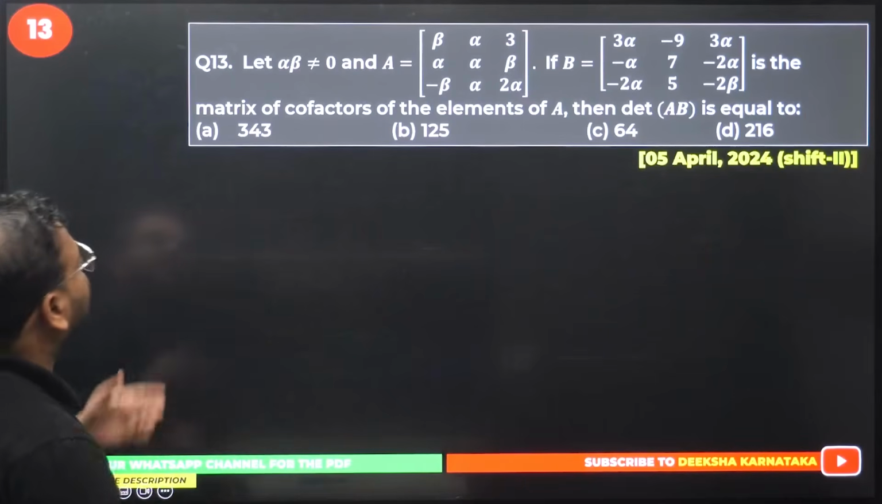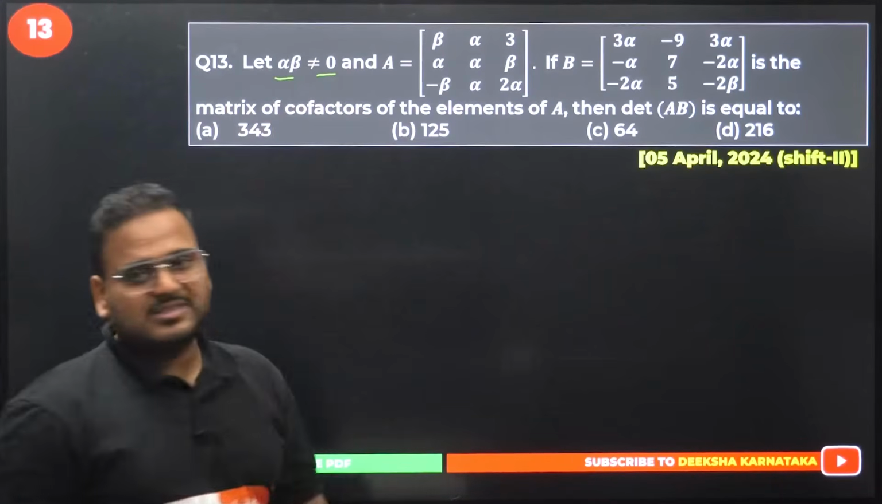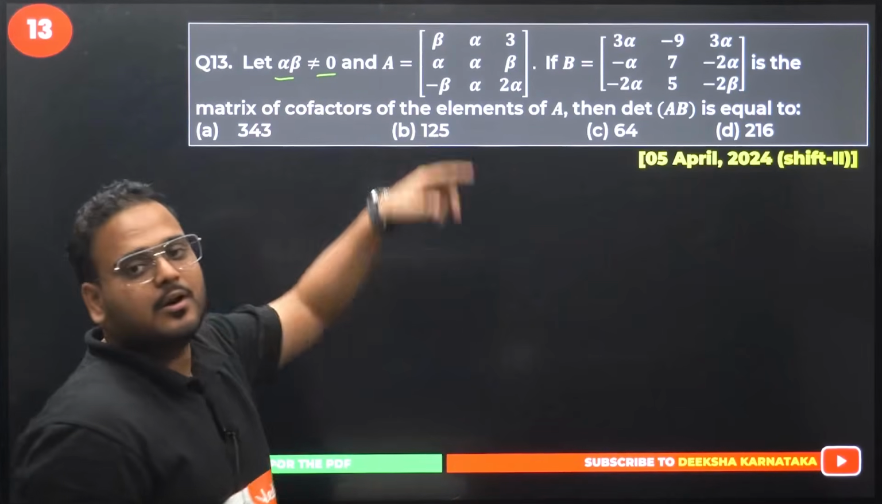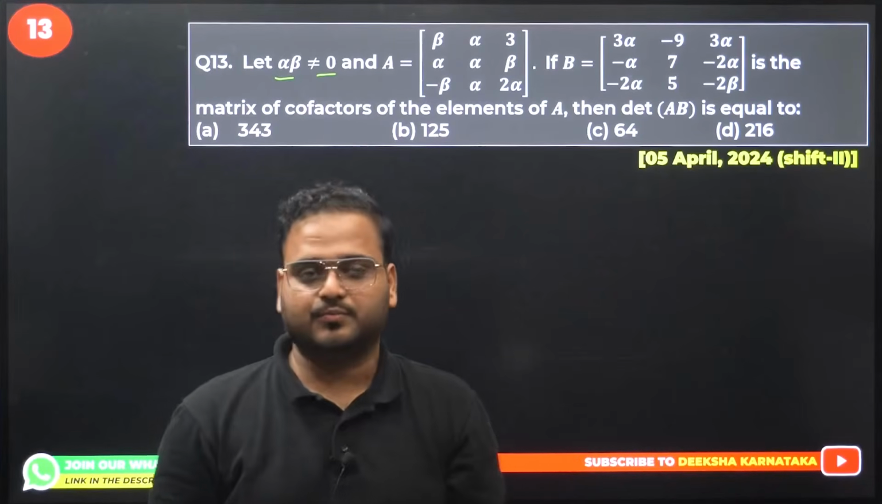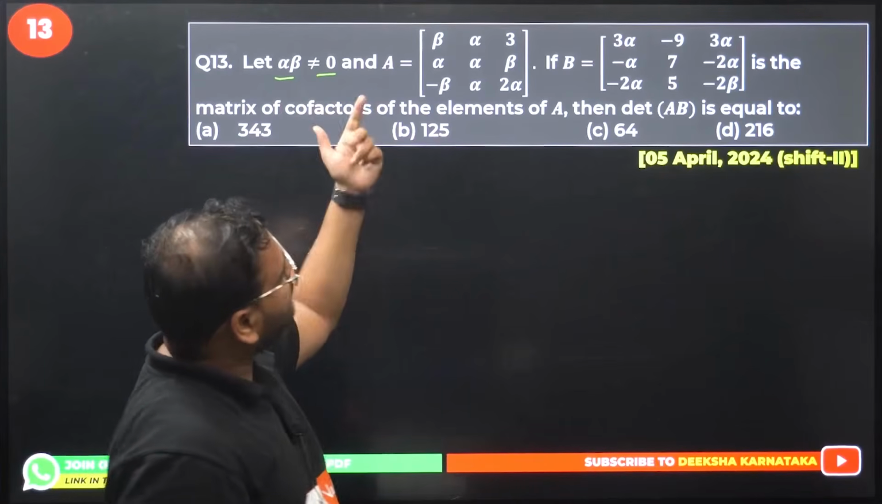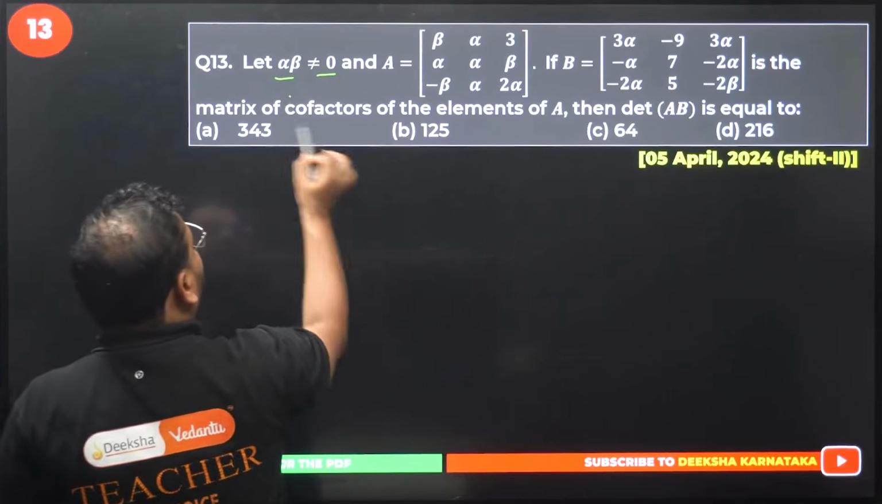Question number 13. Let the product of alpha beta be non-zero, meaning neither alpha nor beta should be 0. Product non-zero means what? It means alpha cannot be 0 and beta cannot be 0. Okay, and then they're saying that there's a matrix A given to you, matrix B also given to you, and B is nothing but the matrix of cofactors,